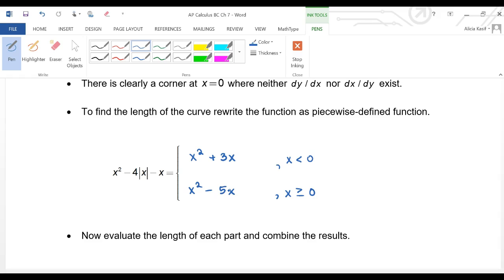Let's just think about, remember when you had absolute value of x was equal to negative x when x is less than 0, and positive x when x is greater than or equal to 0. So imagine if you could take this part and replace it with a negative 4x versus a positive 4x. Or actually not even the minus, like this part. Okay? So what does this mean? This means here,